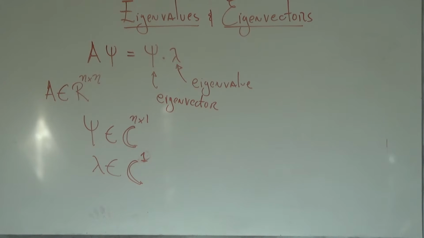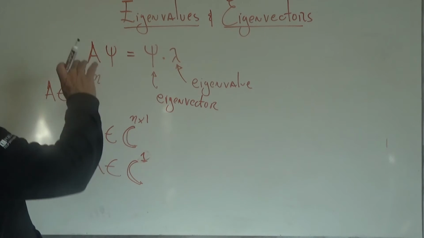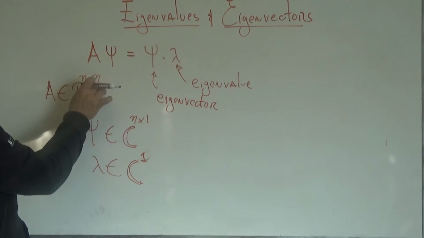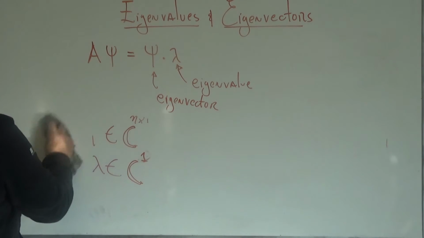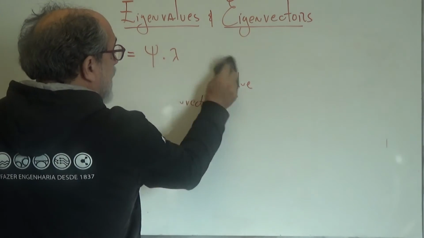So eigenvalues, eigenvectors. Now, a fundamental theorem tells us that if a square matrix is of dimension n by n, it will always have n eigenvalues, right? All n by n matrices have n eigenvalues. But we should make sure that we understand that that is counting repetitions. This idea of repetitions is not always well explained or clarified. So when we say that a matrix A has n eigenvalues including repetitions,